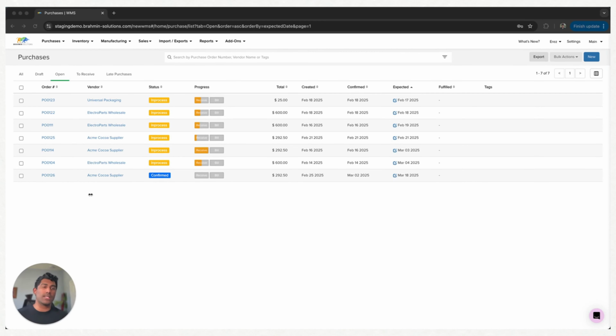So we're going to be discussing purchase orders, how to create purchase orders. You're going to create purchase orders in Brahmin to basically bring in inventory from a specific vendor. Purchase orders will basically help you to keep track of what's incoming into your warehouse. It's going to help you keep track of, as you create purchase orders, you're going to keep track of pricing